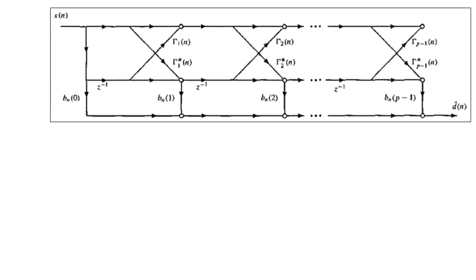So let us visualize one illustration where the joint process estimator can be made adaptive with the help of the structure shown in the block schematic here. This is basically the adaptive formulation of the lattice structure that has been introduced in the previous video, and this is the estimator for the estimation of a process denoted d of n, the desired signal, from the practical signal available x of n. As we see in this diagram, we find there are two stages.